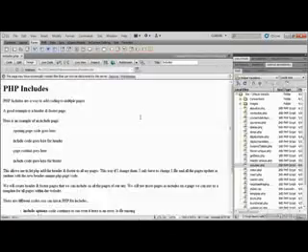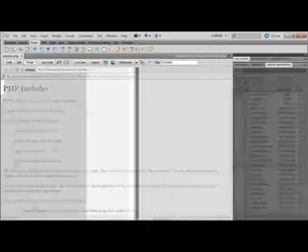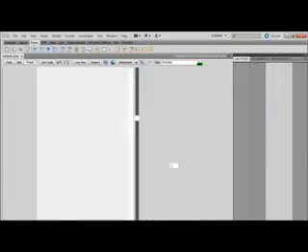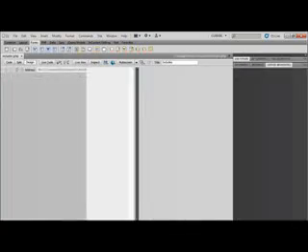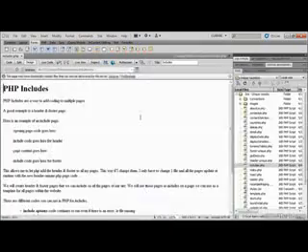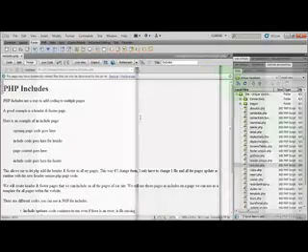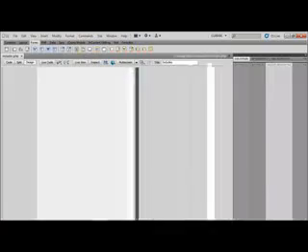Within that file, we can place all of the code to go up at the top in the header area. That way, moving forward, if we have an issue, or we want to add navigation, or we want to change the header image, or do whatever modifications are necessary to that header region, we can do it in one file,